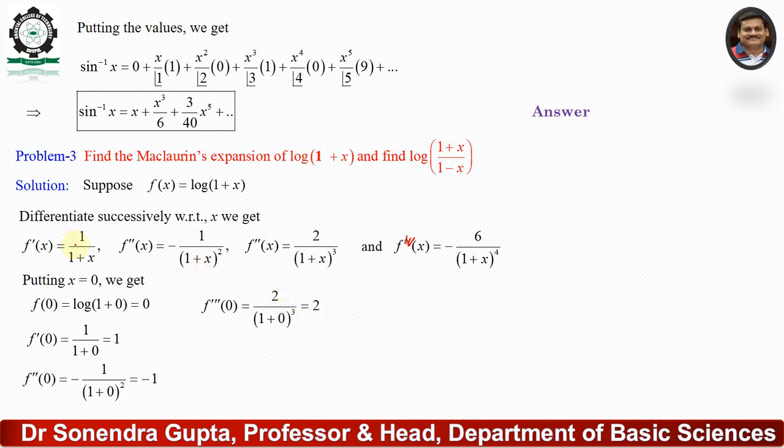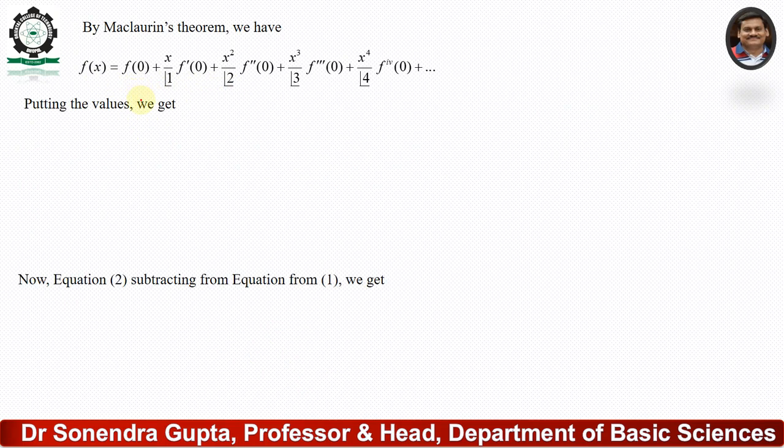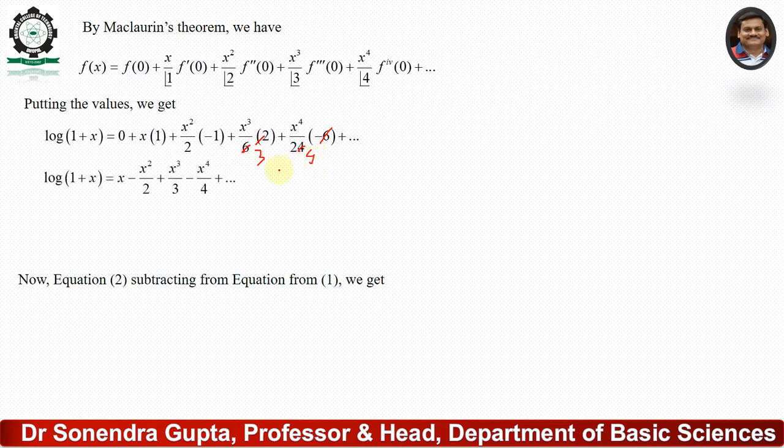that means the value is this. This is the second, this is the third, and this is the fourth. Okay, this is the fourth derivative, and the fourth derivative is minus 6 upon 1 plus 0 whole power 4 equal to minus 6. Now putting these values in the Maclaurin expansion, then f of x equal to this much. Now putting the values of this much, that means this is the 2, this is the 3 and this is the 4. Okay, now the values of this much. Now say this is equation number 1.